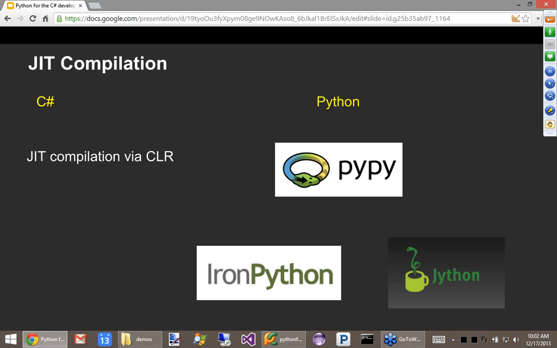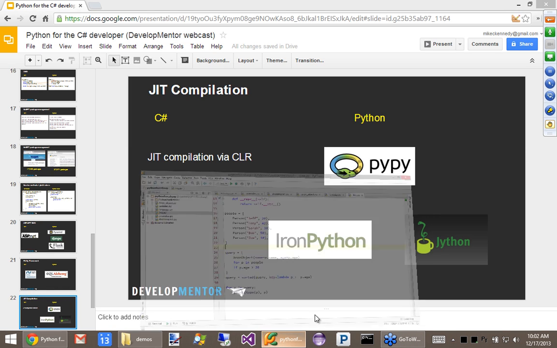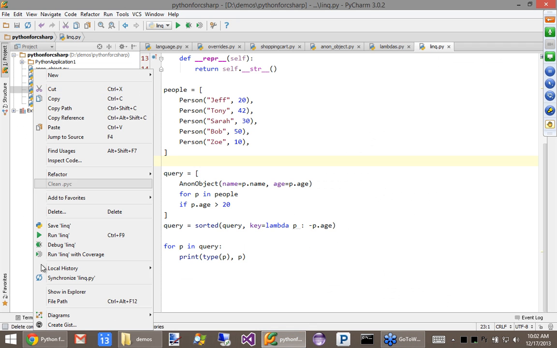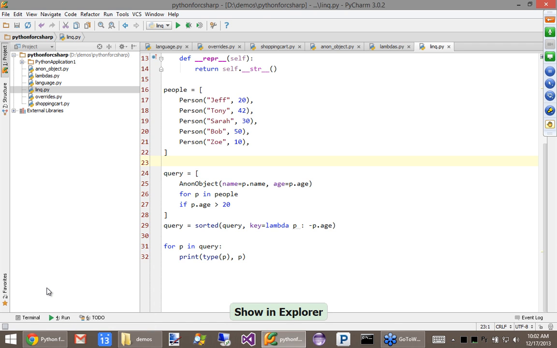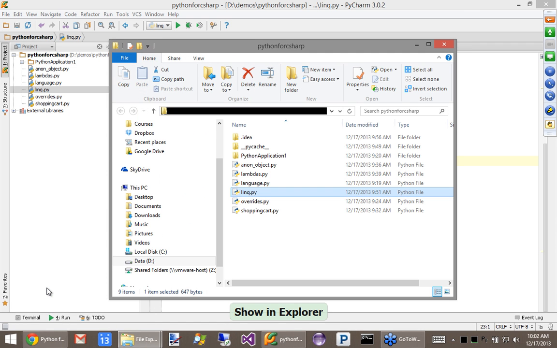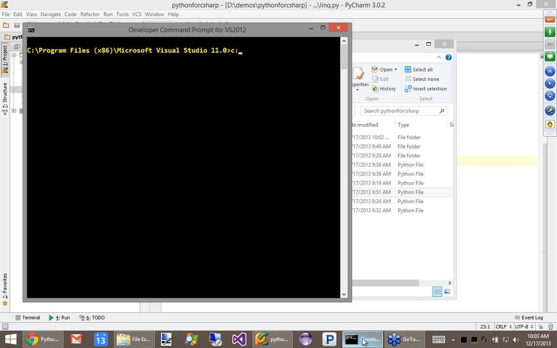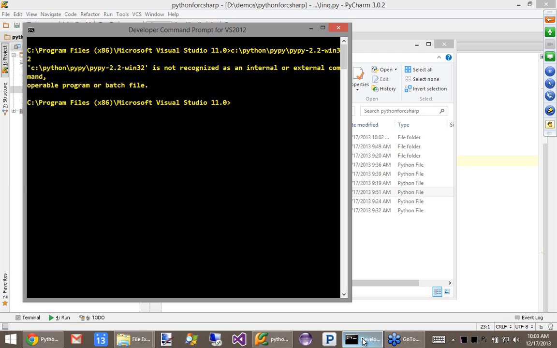If you're curious how to run it, let me go over here and open up this folder, Show in Explorer. So I have the path. And if I go, I believe I have a C:\python\pypy. Is it Python? Oh, no, that was where I want to go. Bin.